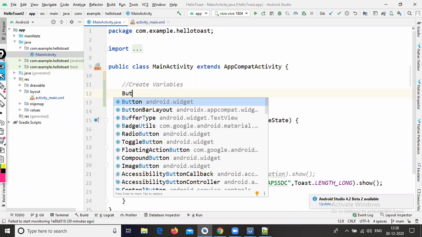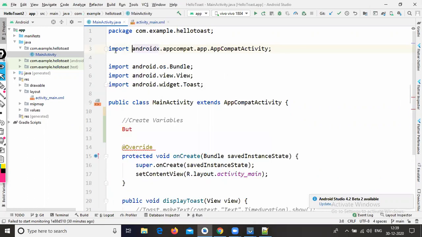Just select Button. So why? Because whatever class you are going to use in a Java file, for each and every class you need to import the particular package. So if you want to implement a button, we need to configure the button package. Just observe here, I'm expanding these imports.